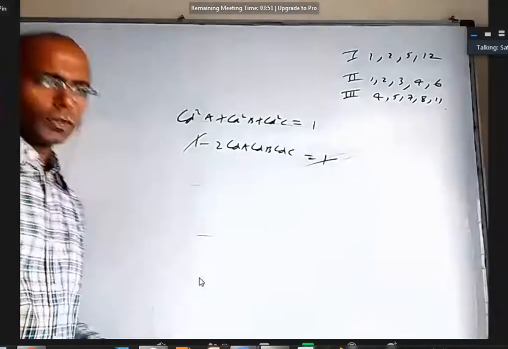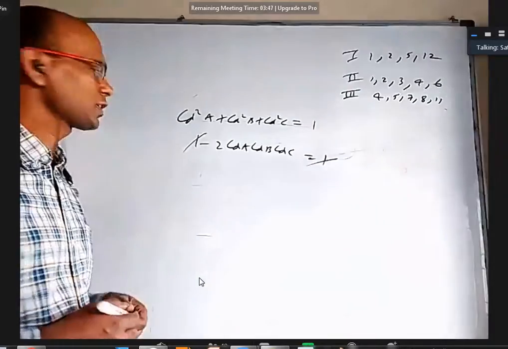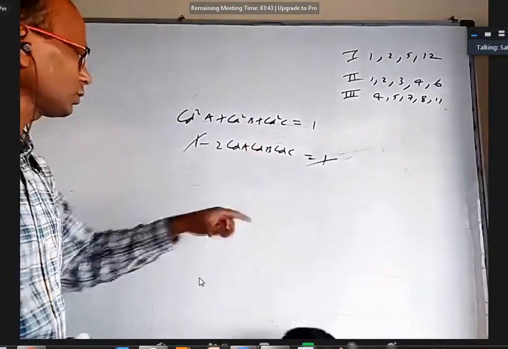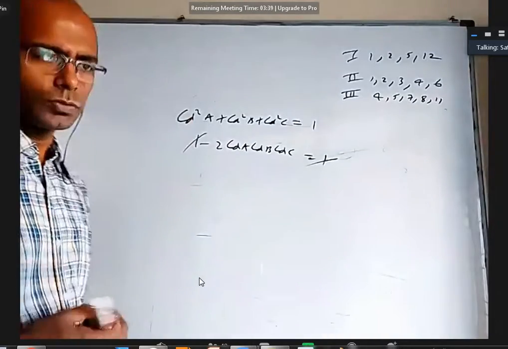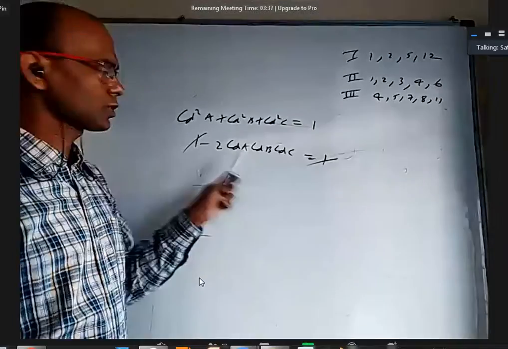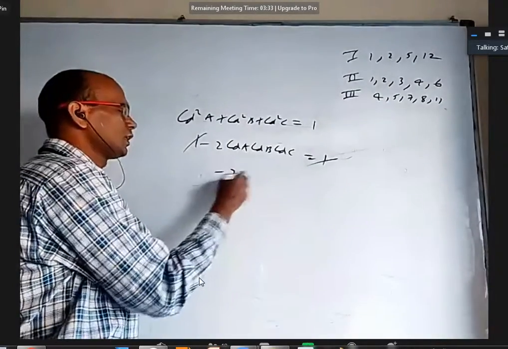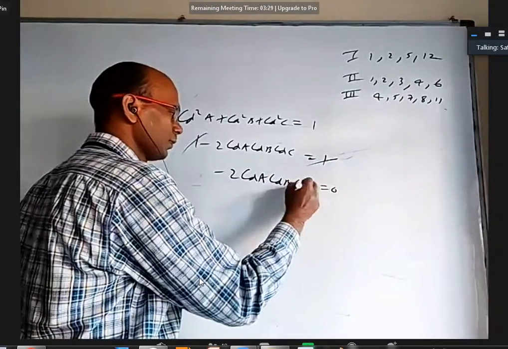All right. Okay. So whether it is minus or plus, let me check. If I take all angles 60, this will be 1 by 4 plus 1 by 4 plus 1 by 4. It will be 3 by 4. This is 1 by 2, 1 by 2, 1 by 2. This is also 3 by 4. Yes, correct. So this is equal to 1 minus 2 cos A cos B cos C. All the transformations part has to be done. After that, when you cancel, minus 2 cos A cos B cos C equal to 0.